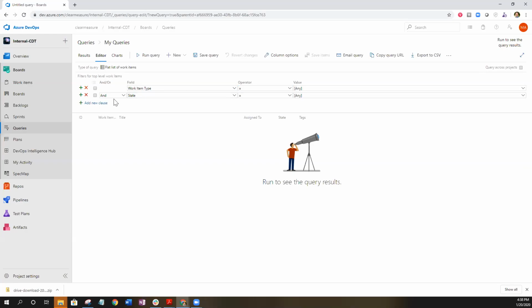Next statement that it has is, give me any work item in my project, and the state of that work item can equal any. So basically, these two conditions have to be true to be able to bring information back into this query panel. So I always suggest, as you're building your queries, to go ahead and run the query